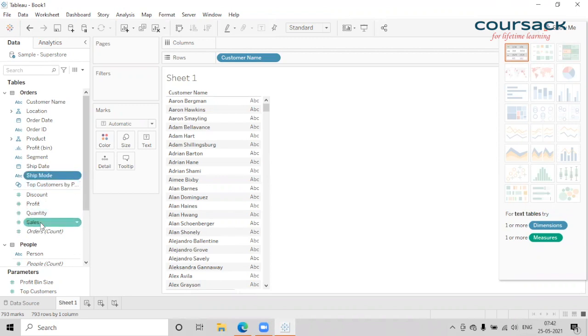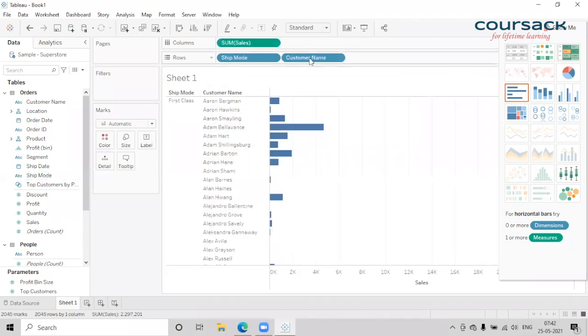And let's say I select zip mode and then sales. So see, now it is highlighting that I can create a text table, I can create a heat map, highlight table, and all other things. But if you see, these are all highlighted, out of which there is a bar with a red section. So it is saying that these are all your options, but the best fit is your bar graph. So if you click on bar graph, it will give you